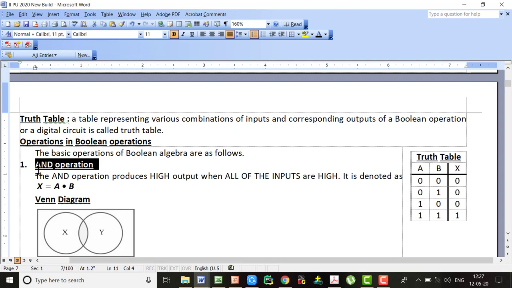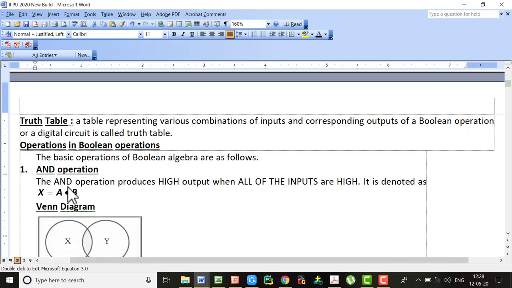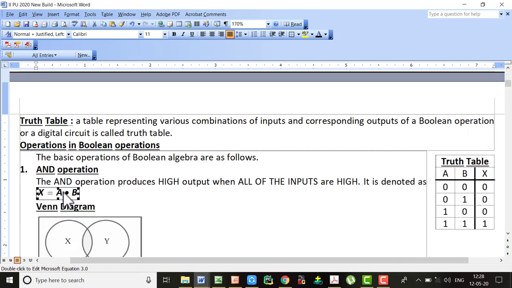What is the AND operation? In Boolean algebra, the AND operation is nothing but Boolean multiplication. I hope you understand this. In simplest form, Boolean multiplication in Boolean algebra is called the AND operation. Now, if you consider two variables A and B, the AND operation is going to be represented as A into B, as you are watching here. The operation is represented as X is equal to A into B, and the truth table for the same is represented here.